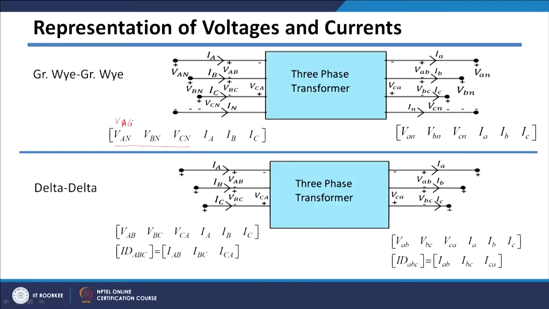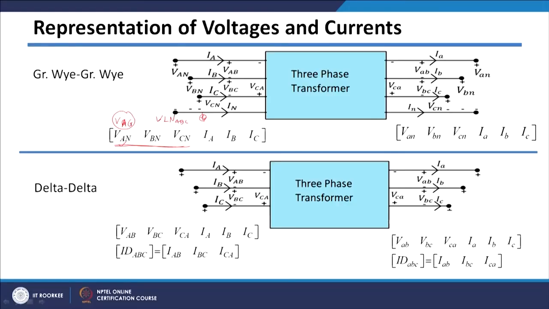So, VAG represents A phase to ground voltage. If the neutral terminal is available and it is grounded, then I will say VAG, and if it is ungrounded, meaning this grounding is not there, then I will say VAN, voltage with respect to neutral terminal. And as I told you, we are going to call these three voltages collectively the line to neutral voltage. So, I will say VLN